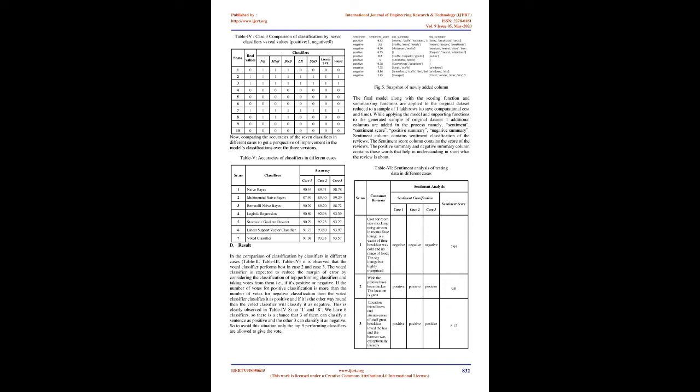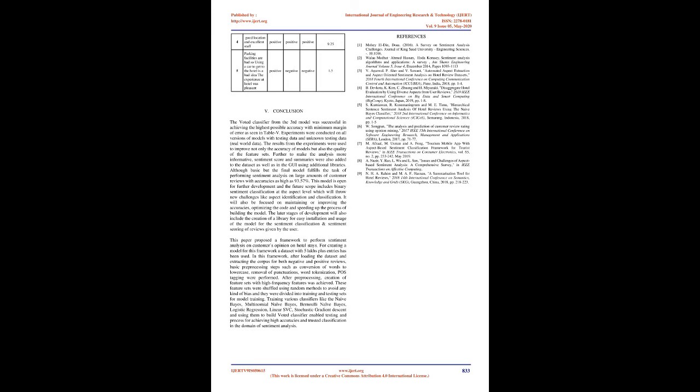The final model along with the scoring function and summarizing functions are applied to the original dataset reduced to a sample of 1 log rows, to save computational cost and time. While applying the model and supporting functions to the generated sample of the original dataset, 4 additional columns are added in the process, namely sentiment, sentiment score, positive summary, and negative summary. The sentiment column contains the sentiment classification of the reviews. The sentiment score column contains the score of the reviews. The positive summary and negative summary columns contain those words that help in understanding in short what the review is about. Table 6, Sentiment Analysis of Testing